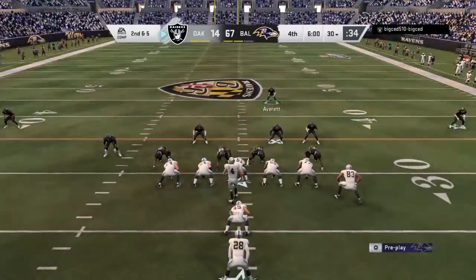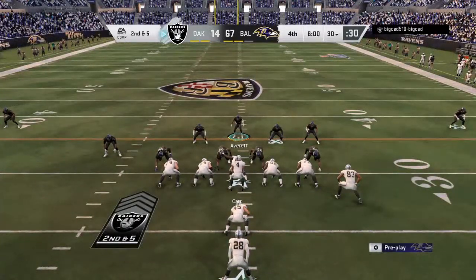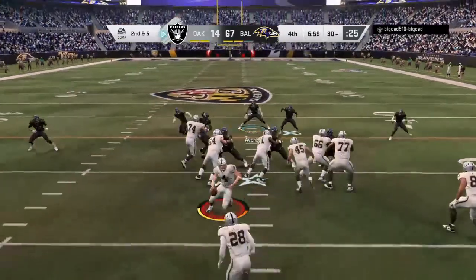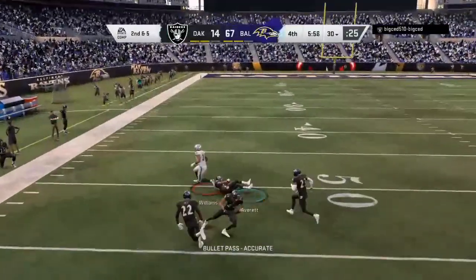Ball, you're gonna go 28 in the first, with a 2nd and 5. You only scored 23 in the first. You gotta score 28 in this quarter. And now